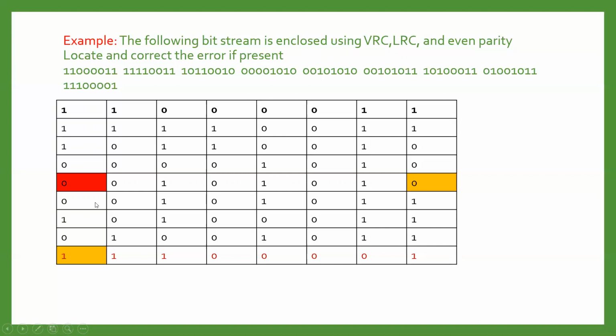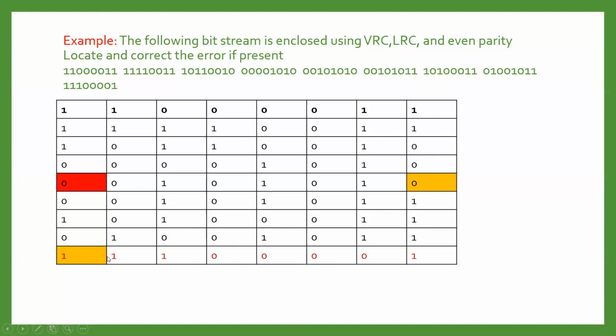Okay. Now go for the next row. 1, 2, 3. Total number of ones are odd. So we will add 1 as a parity bit. So it will become even number of ones. Now next row, 1, 2, 3 number of ones. So we will add 1 as a parity bit. Second last row, 1, 2, 3, odd number. So we will add 1 as a parity bit. Now go to the last row. Okay. No, this last row we have to calculate, right? So up to this we have original data. So for now we have calculated this VRC.